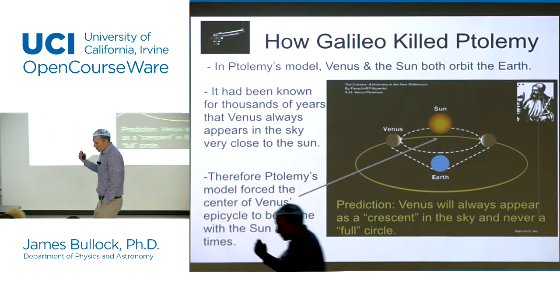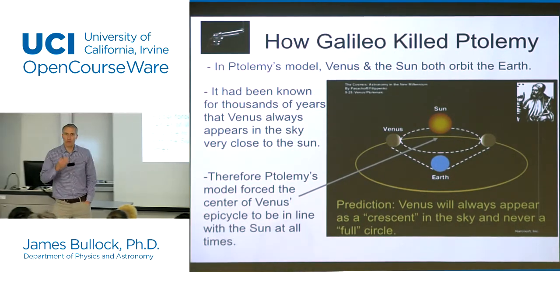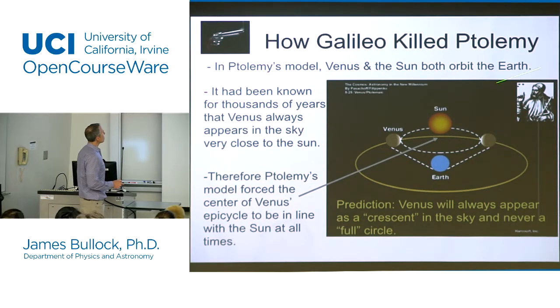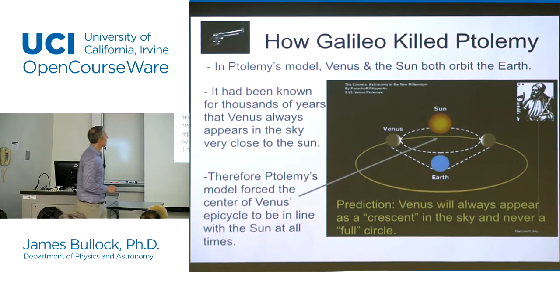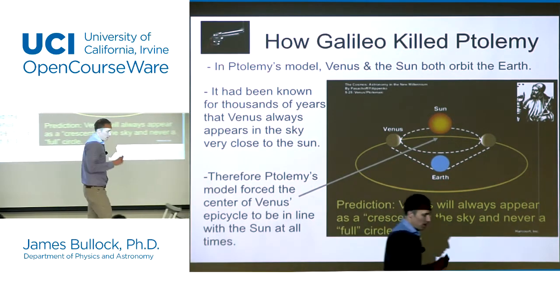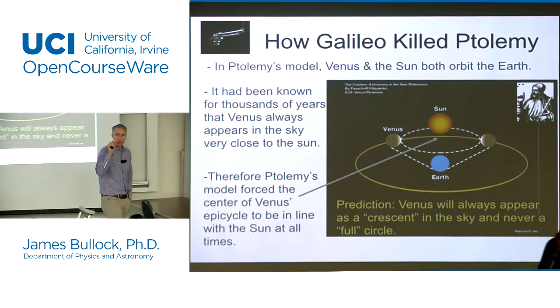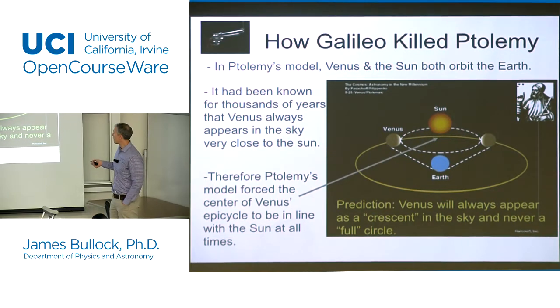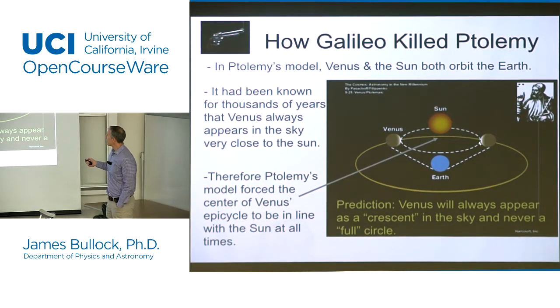But the real nail in the coffin of the Ptolemaic model from Galileo had to do with Venus. Let me walk you through this pretty quickly. In the Ptolemaic model of what's going on with Venus, the little circle that Venus always orbited around near the sun